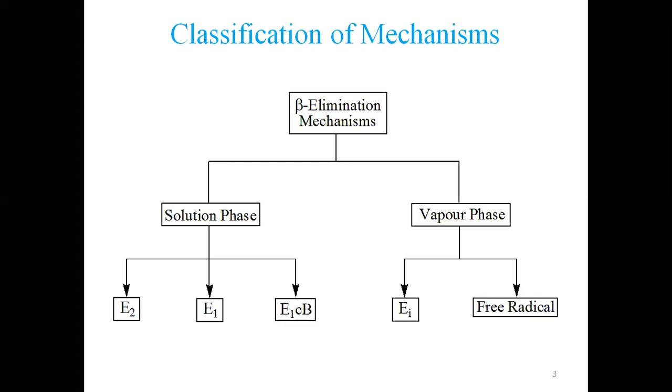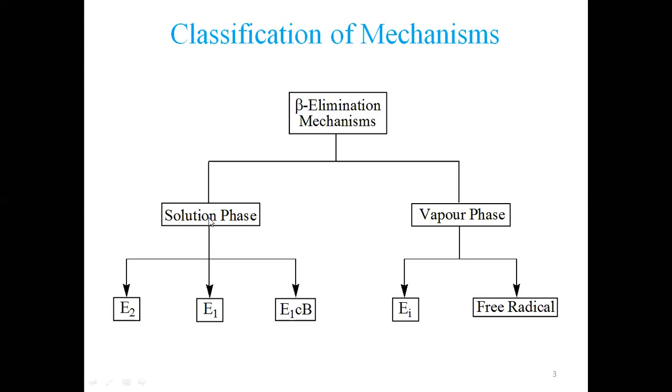But this is not done on the industrial scale. On the industrial scale, different mechanisms or different strategies are employed. So these are the two methods that we normally use for reaction. One is vapor state, the other is solution phase. If we are doing a beta elimination in solution phase, it follows a different mechanism. If we are doing it in vapor phase, it follows a different mechanism. This is the purpose of explaining this.